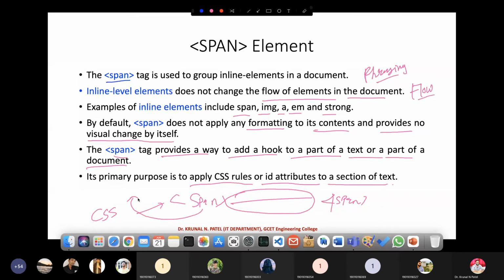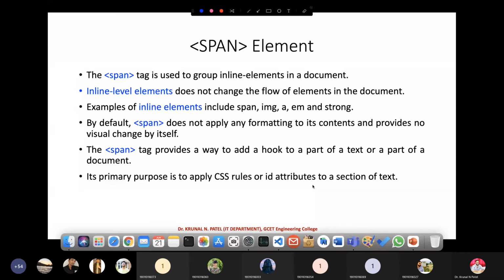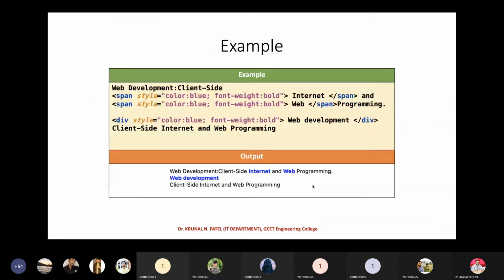Okay, so how you can use it, don't worry, it is very easy. When we learn about CSS, then I will tell you, right? But remember this, if you want to apply this kind of styling to the contents, then you can just go for a span tag. So wherever you have used a span tag, you can apply the style. Or if you want specific styling for a specific span, then you go for ID attributes, right? So with the use of it, you just use the division and span tags, right? So here I have put the example.